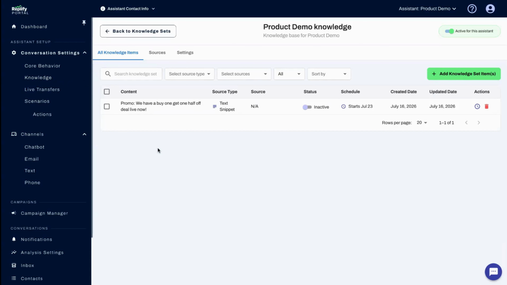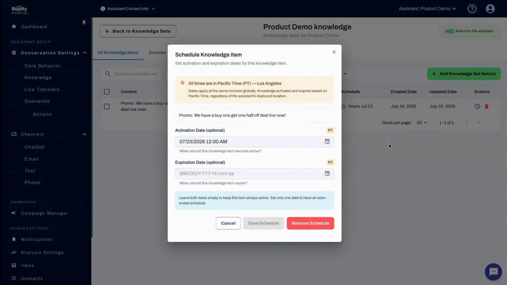Knowledge scheduling lets you control when a knowledge item becomes active and when it expires. This is especially useful for promotions, holiday hours, temporary closures, events, or any other information that should only be available for a limited time. To schedule an item, you can select the timer button in the Actions menu, and then